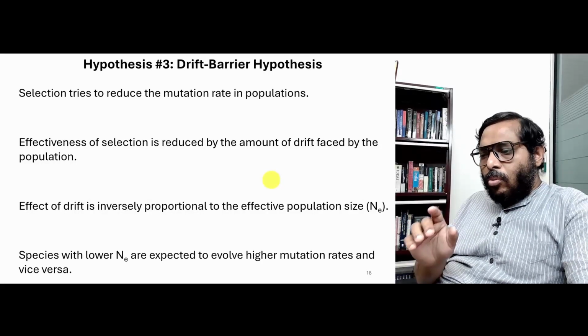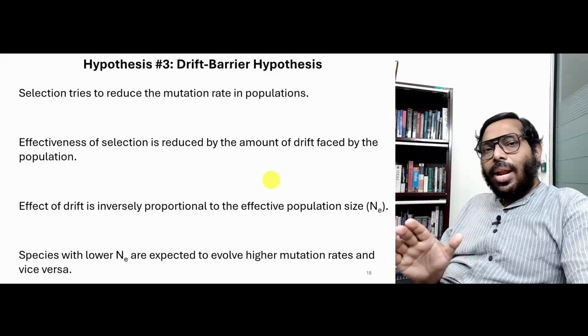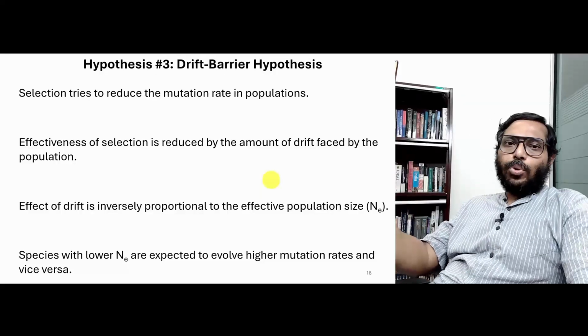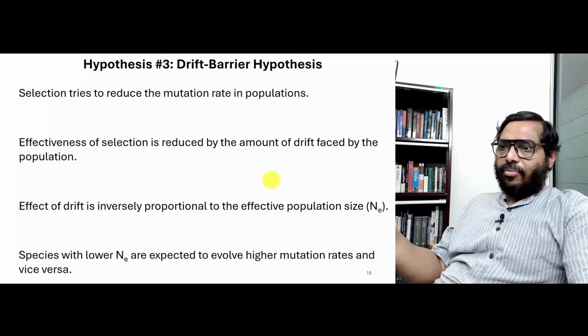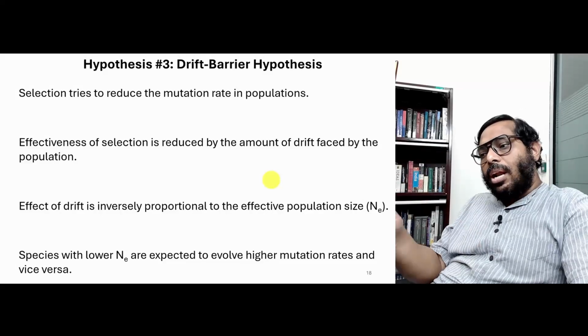Therefore, the whole idea is that species which have lower NE will end up evolving higher mutation rate because selection is not very effective in them, whereas those which have a higher NE will end up having lower